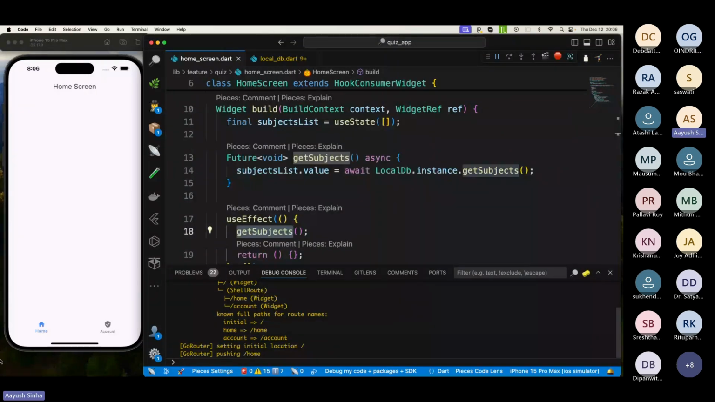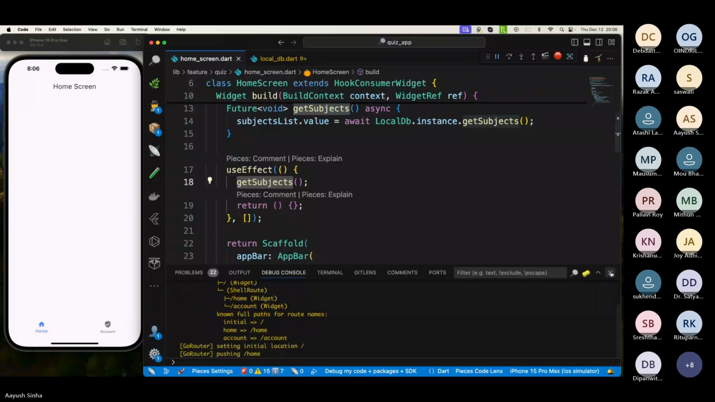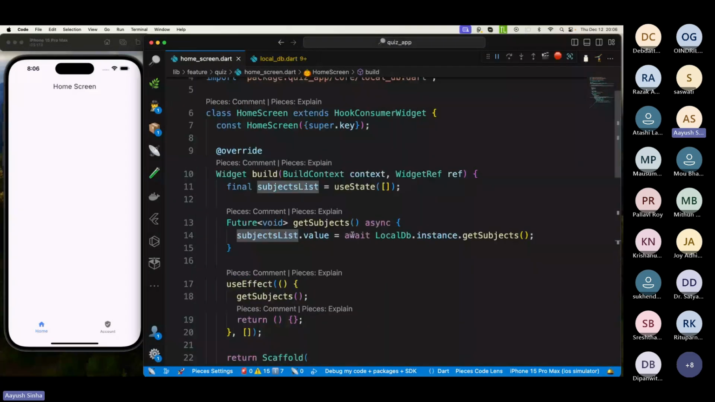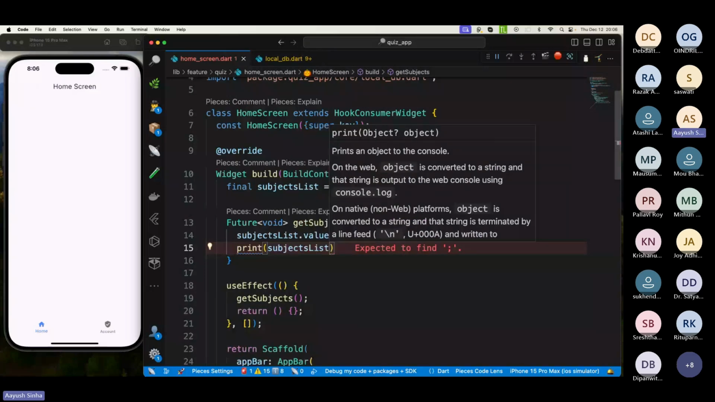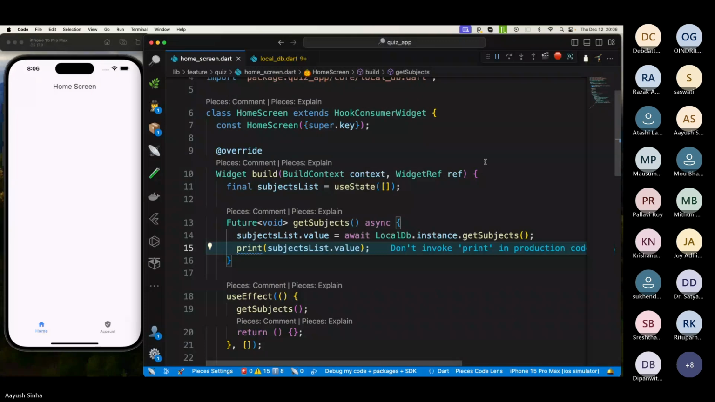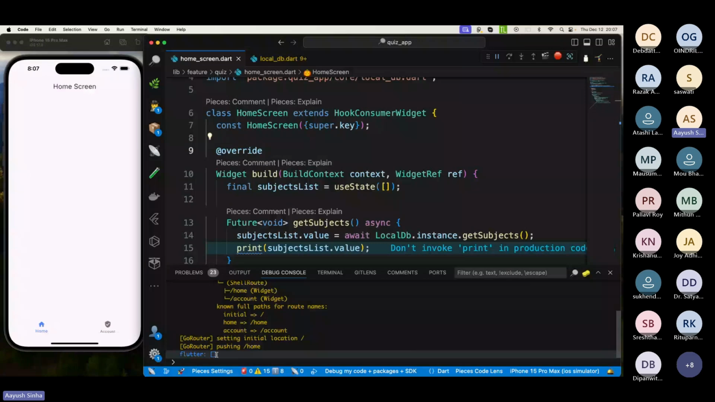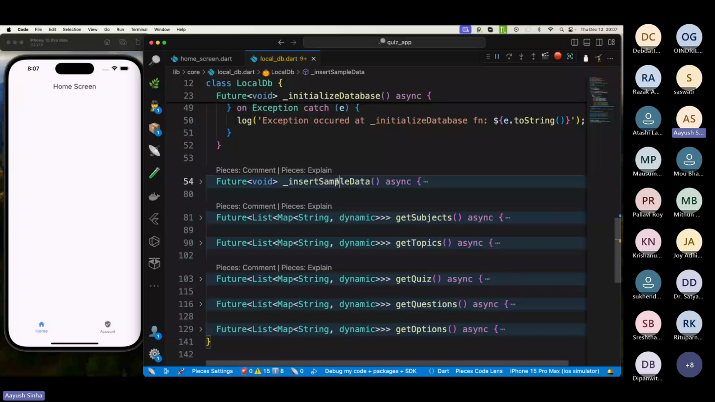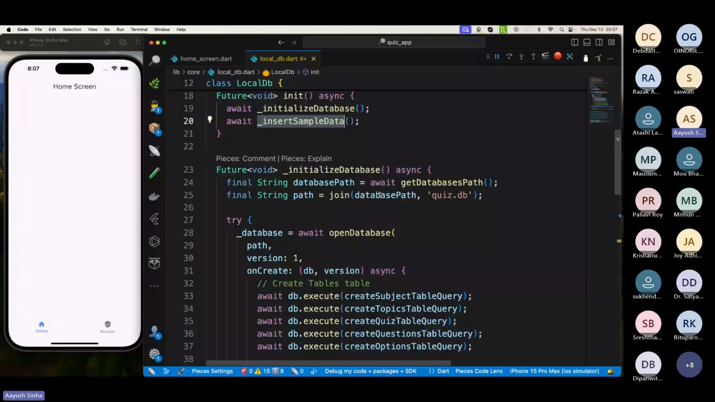So we are not getting the list here. Let me check the issue. Let us print when it's updating. We are getting an empty list. I guess I haven't called this insert sample data over here. No, yes, it is called, but